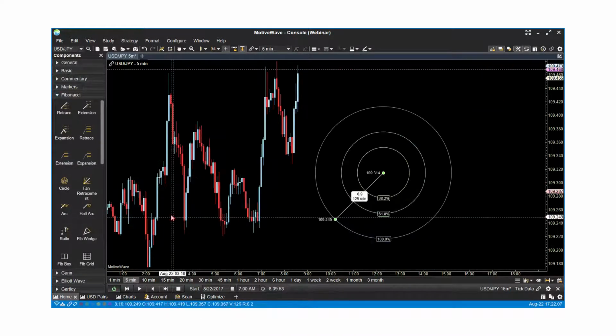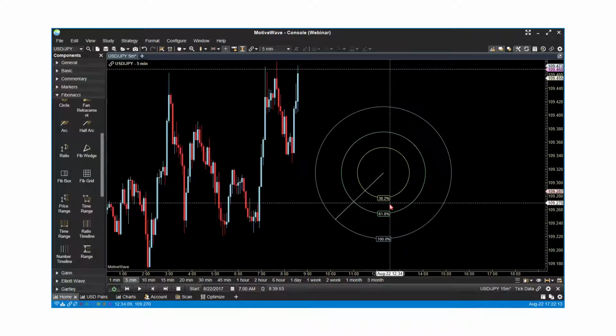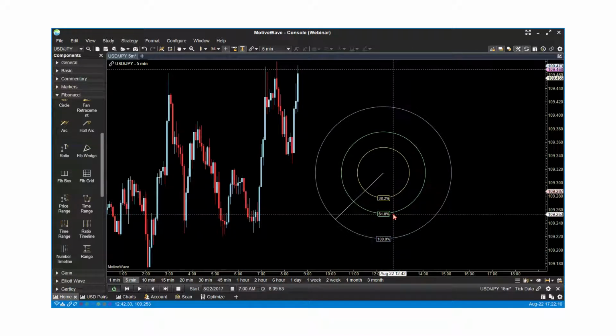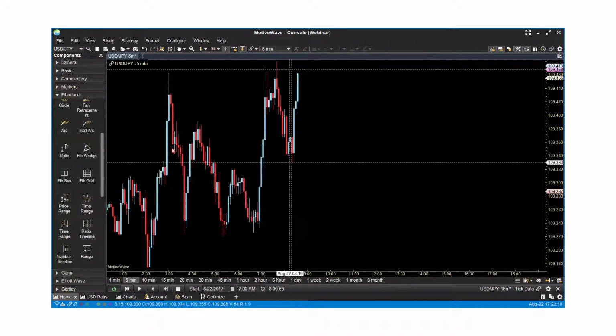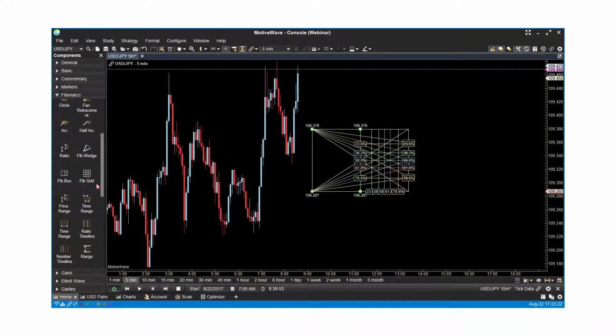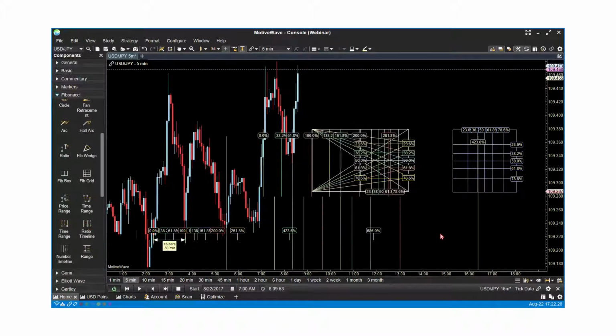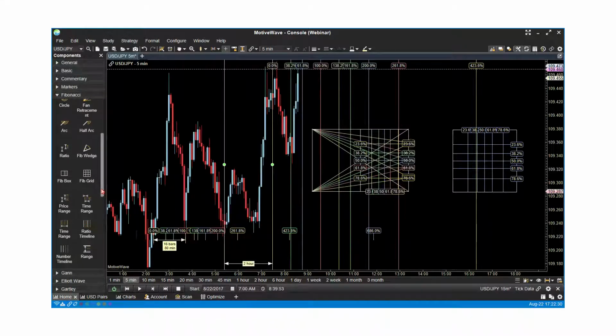We also have circle. I'm just going to cherry pick the ones I think stand out pretty quickly. Take that one out. We have Fibonacci box, which is a great one here. Fibonacci grid. Of course, we have time range, ratio timeline,